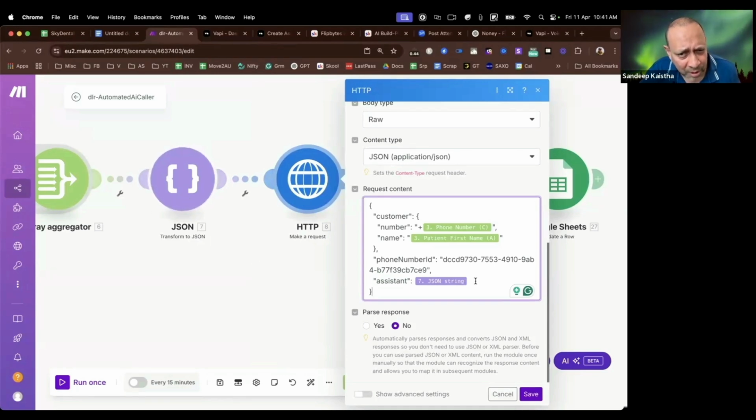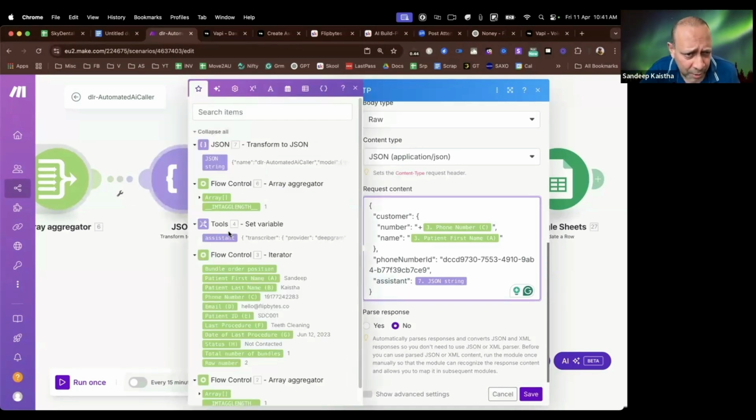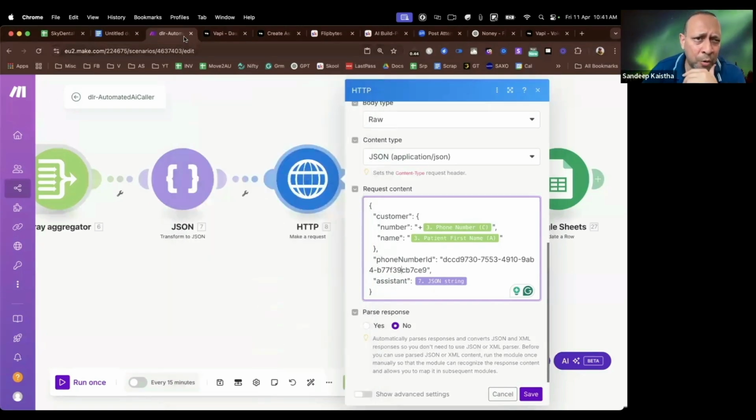So what I'm going to do is I'll just pass the JSON string. So tools, this is the assistant, just pass it out here. Sorry, this one, JSON, transformation, this one, because it needs to be a JSON. This is not JSON. So this JSON, I'm just going to pick this up and then just drag it here. So now the assistant has the assistant. It can create an assistant. It has the customer number. It has the name, the phone number. So now the phone number, you go back to Vapi